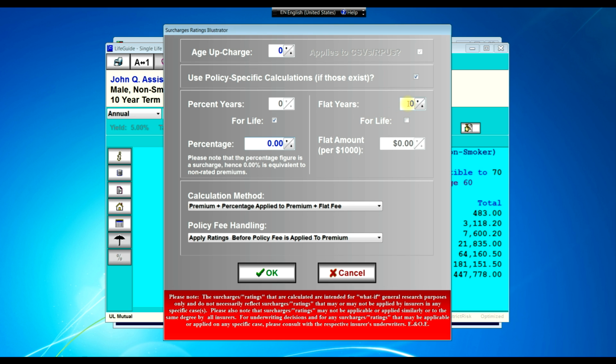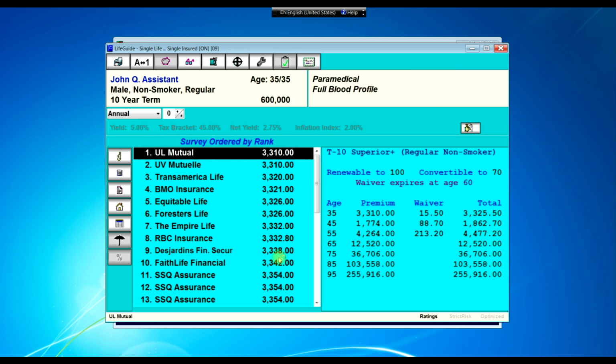So let's say we apply a $5 per thousand additional for the next 5 years. So 5 years, and we'll apply a $5 per thousand additional. And this is what happens. It gets quite expensive with those additional, but that's sometimes quite justified. So to review,